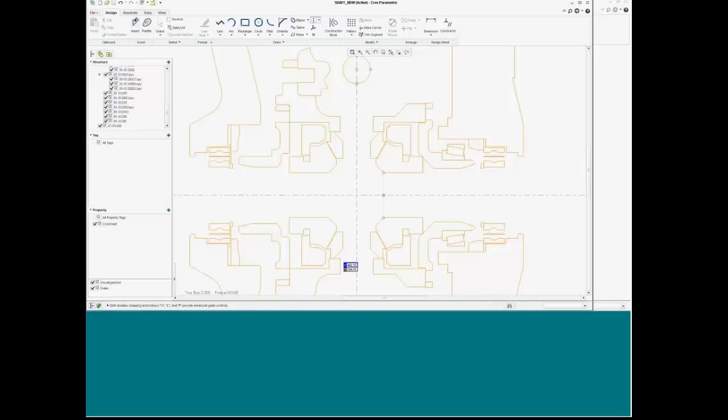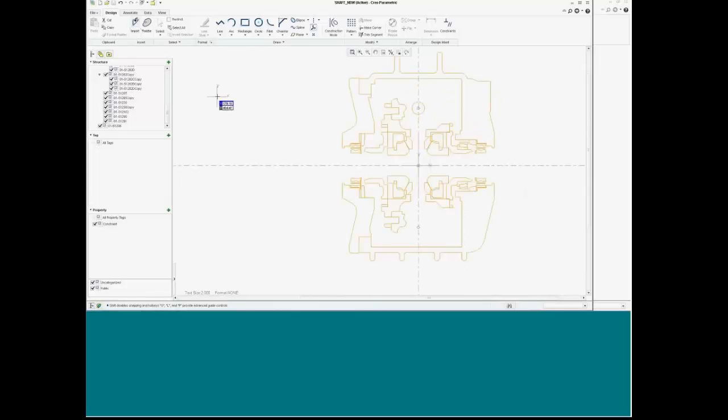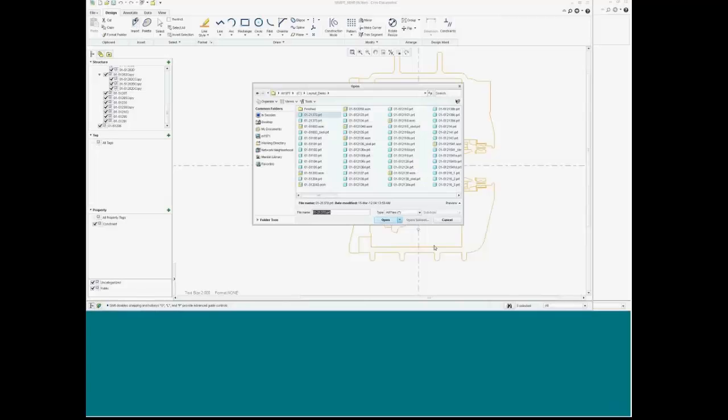So I put in the vertical and horizontal center lines, and having those in place, I'm going to go ahead and put in a point. And this coordinate system. And that'll help us with the next part, where we're going to actually import